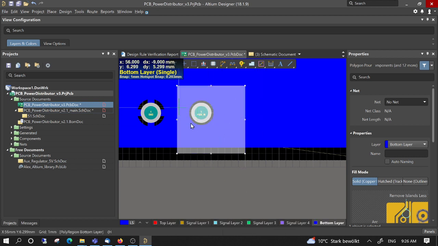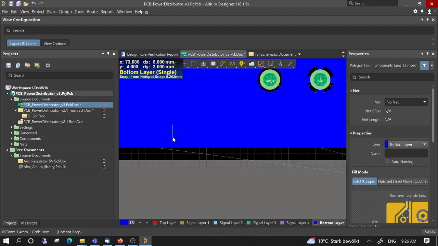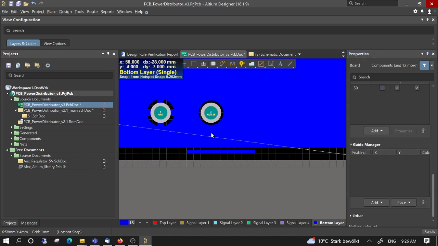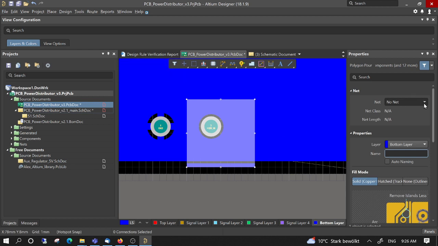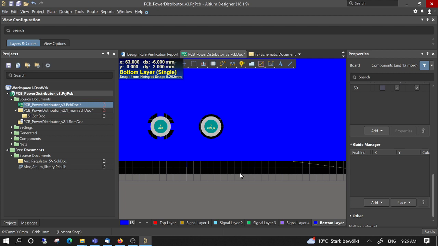Now this polygon has no net assigned, and no name. Okay, I will put here "new poly" as a name, and then I will assign it to the net +12V in. Okay,